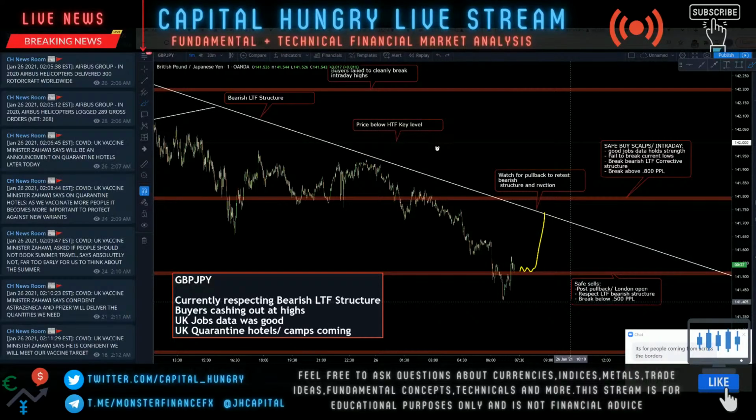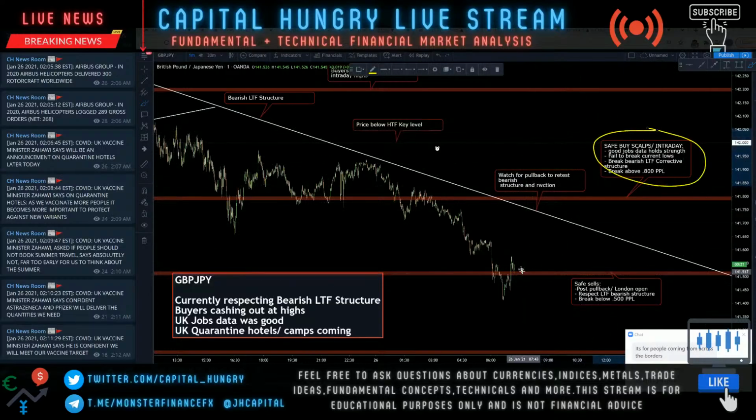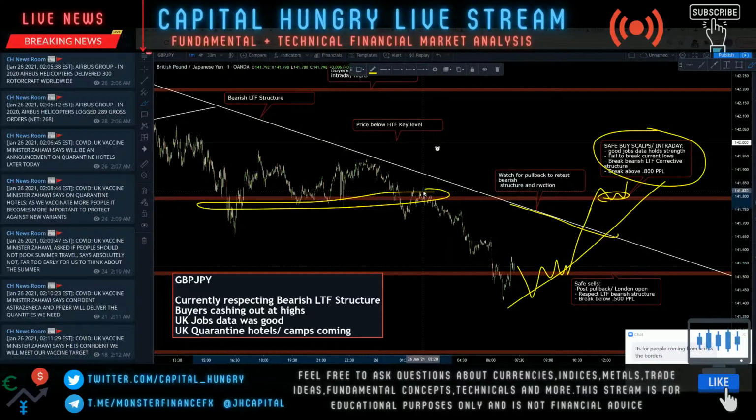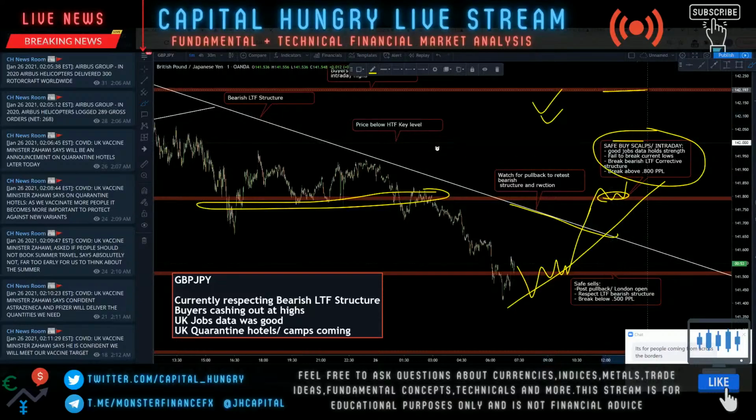Otherwise, the only way I would personally see safer buys is with these confirms. One, we fail to break these current lows. Two, we break this bearish market structure, showing more buyers momentum and buyer order flow. Three, we come above our 0.800 PPL, creating lower time frame bullish structure and showing more buyers momentum as coming above previous lows and price sensitivity area. With all of those confirms checked off, I can safely take buys from 0.800 to 142, 142 to 142.2, and watch price action accordingly.